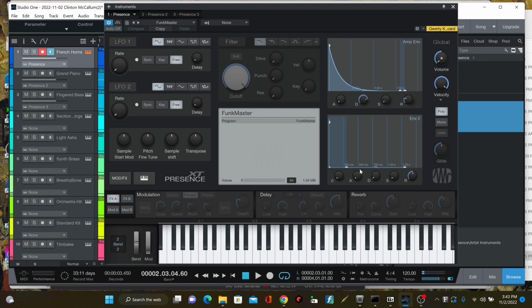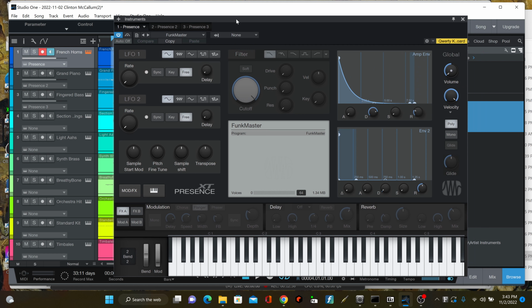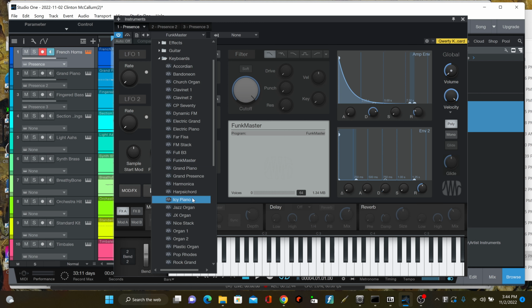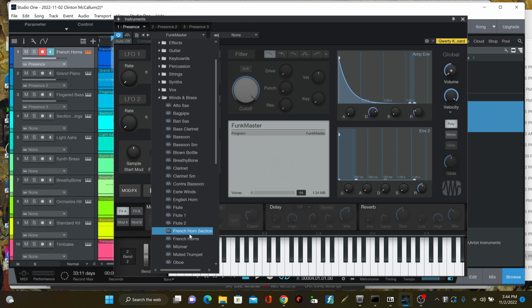Okay, so you'll notice that now this Funkmaster keyboard has sounds for the entire range of the keyboard, and that means that these high French horn notes that were out of the range of the previous instrument are now within range. But let's say I really want to have that French horn sound. I'm curious what this would sound like with that French horn sound. So I'm going to reload the French horn section here,